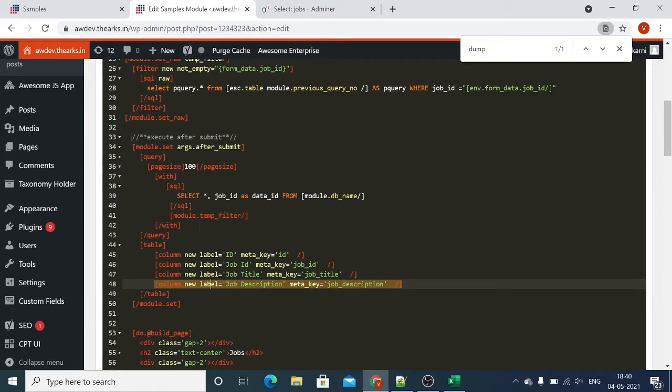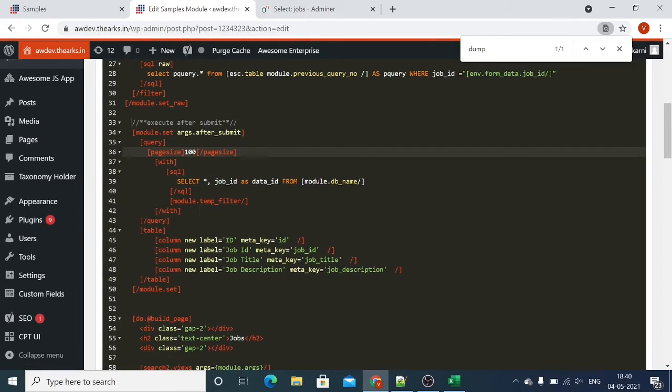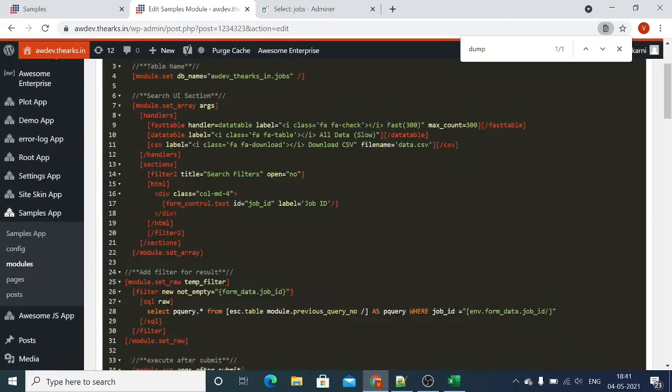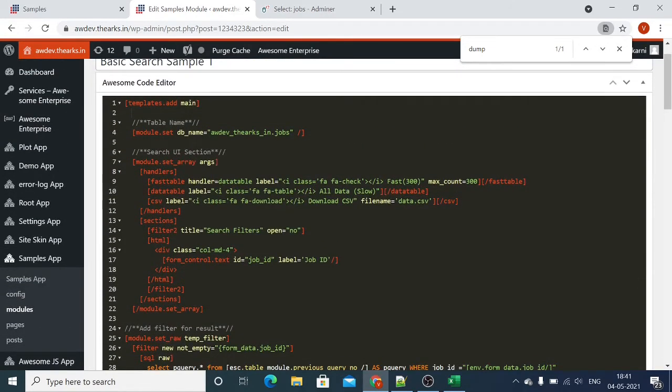In this we are specifying the page size or the limit that the query will return. This is our base query that fetches the job ID and all the records from the table called jobs in this database.